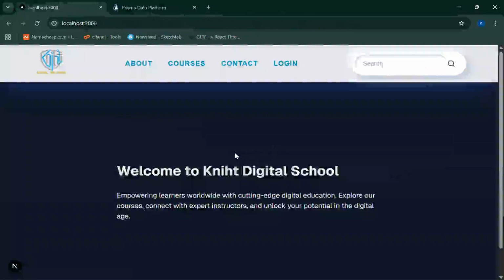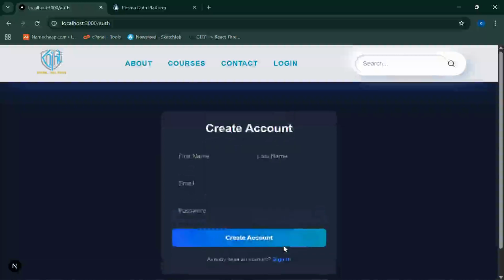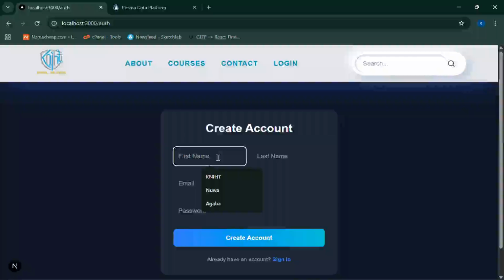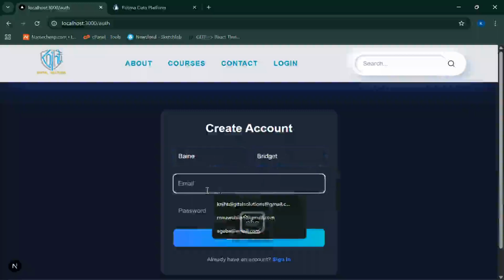Just a simple interface, welcome message. So these pages about courses are not yet there. But I'll come to the login straight up, and then we see that our registration form is there ready for us to register. So I tested some people, but I'm just going to show you that this thing actually works. So I'm going to just guess a name like Baine, put Bridget,